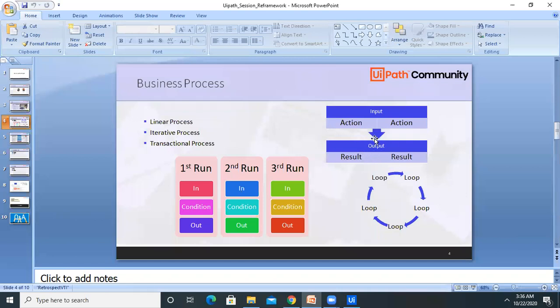So a linear process is always giving one by one input, meaning one request, one response in terms of API language. But if you consider a real life scenario, just like you have appeared for UiPath foundation level training, at the end of training you will definitely get a certificate of foundation level training. So this is one by one. If you appear for the solution architect, definitely you will get a certificate for the solution architect. This process is called a linear process, which we have been using from the onset of time in every organization.